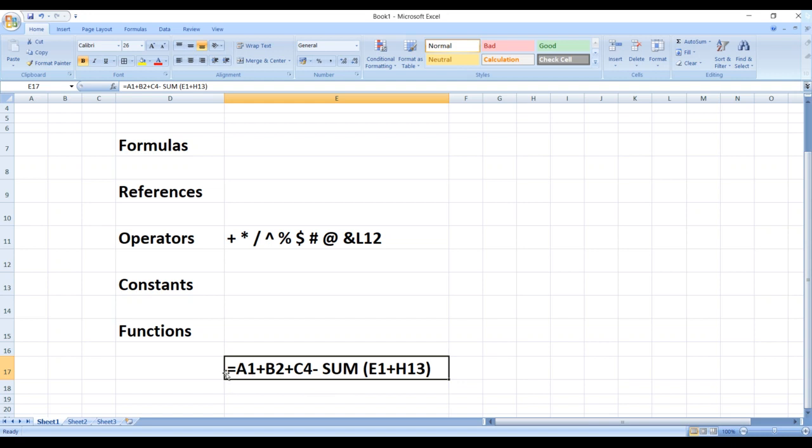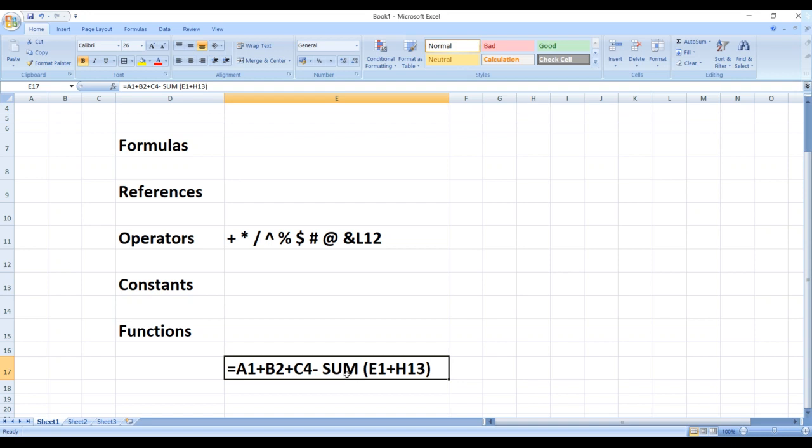Equal to is the equal to symbol. A1, B2, C4, even H3 are your cell addresses, and the symbols plus, minus are your mathematical operators, and SUM is the function. So understood, students, SUM is a function.